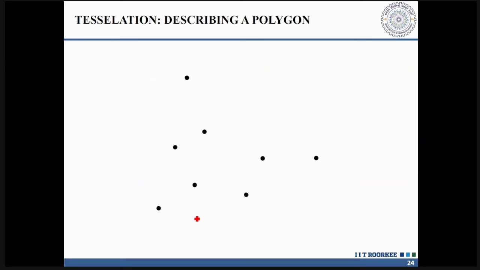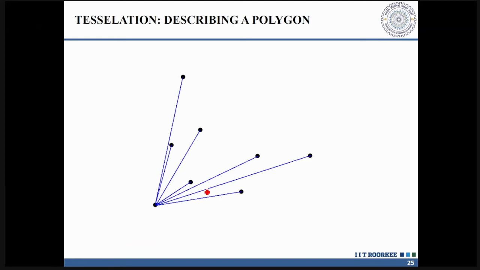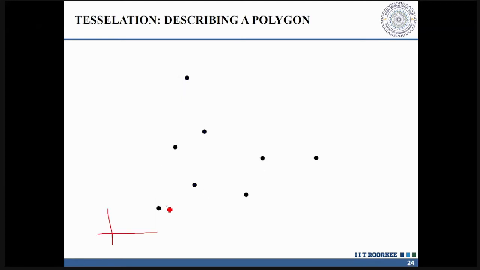Let us say these are all my points that I have got from a 3D scanning of the Qutub Minar. Fine. The first step is to select the point which has the minimum y value. For that, I have to define my origin. Let us say this is my origin. Now, which point has the minimum y value? This is the point which has the minimum y value.